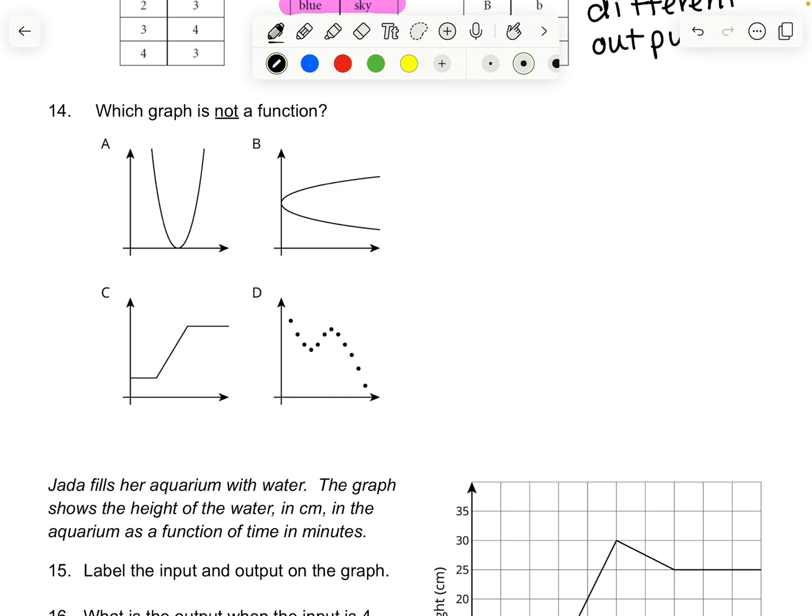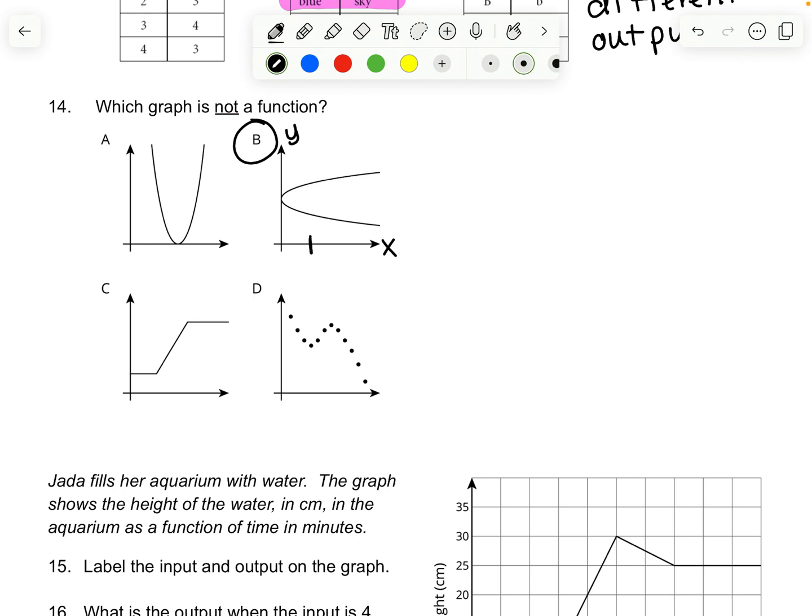Alrighty, let's see if you are correct. The graph that is not a function is letter B again. This is because the x-axis, the one that runs left and right, is the x and this is the y. The x cannot have two different y values. So if I look at this area right here on the graph, it intersects with the y here and here. It would be equal to two different y values at the same time, and it cannot be that way. So for my reason, I'm going to put x